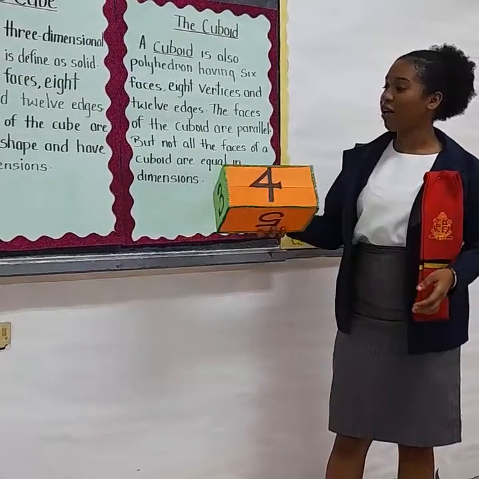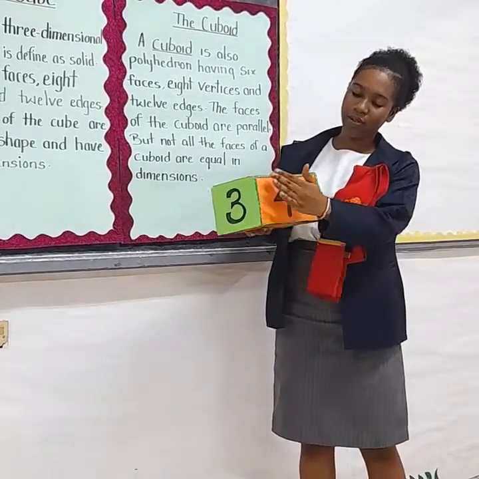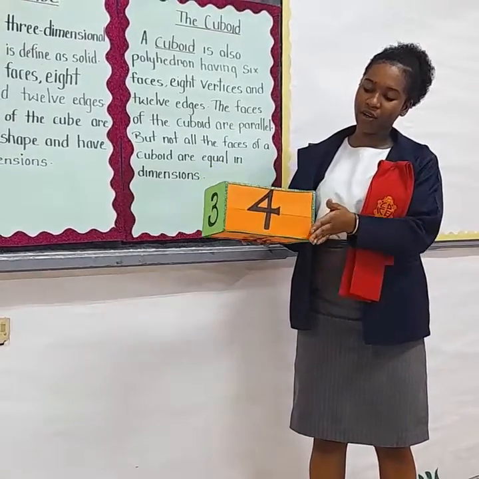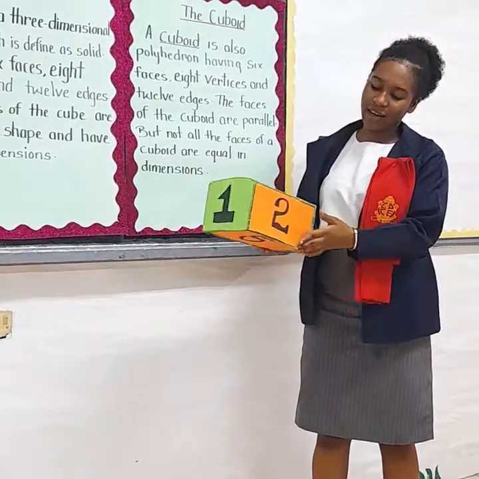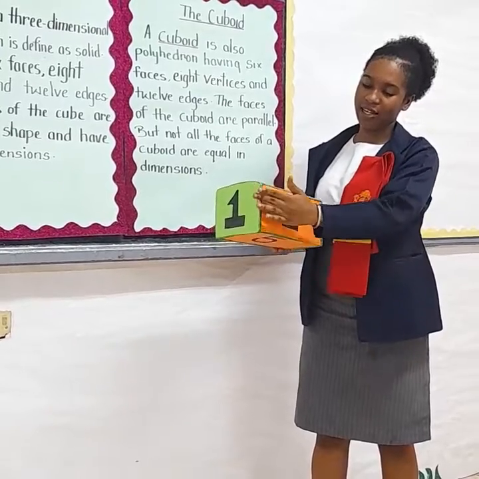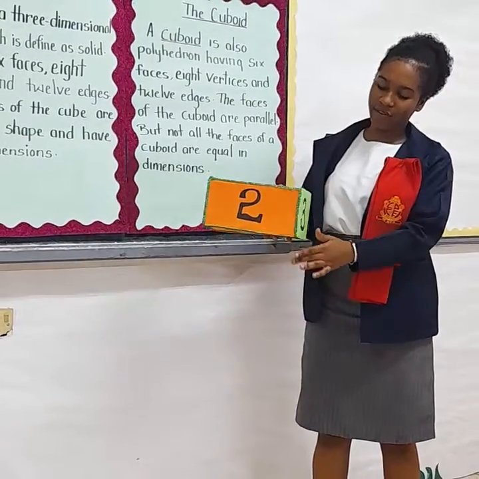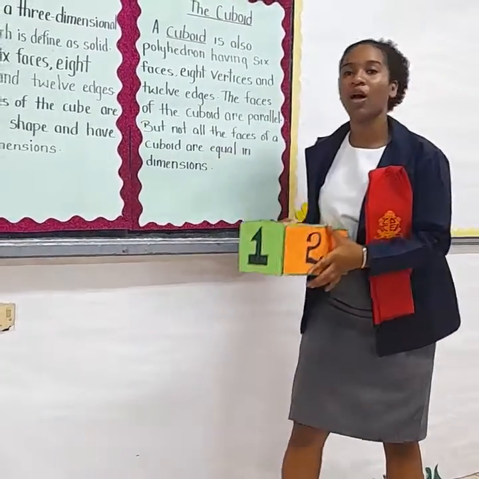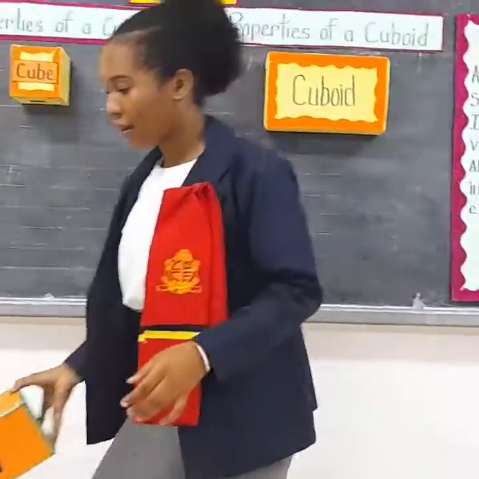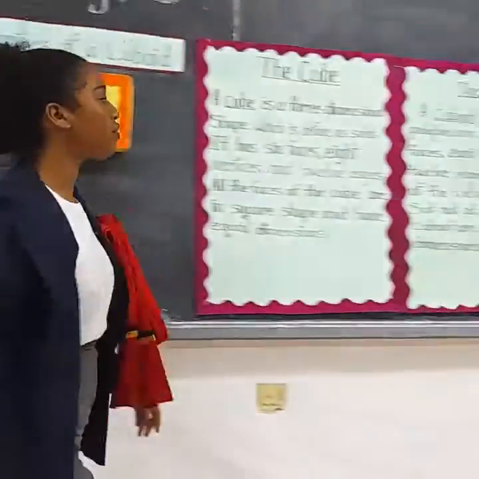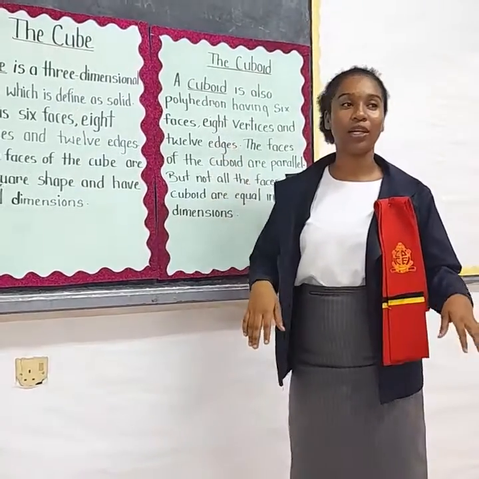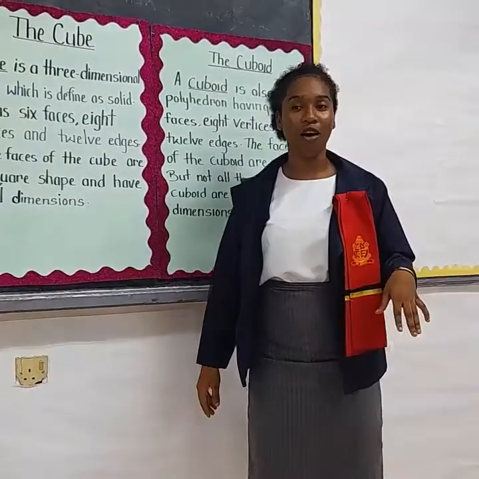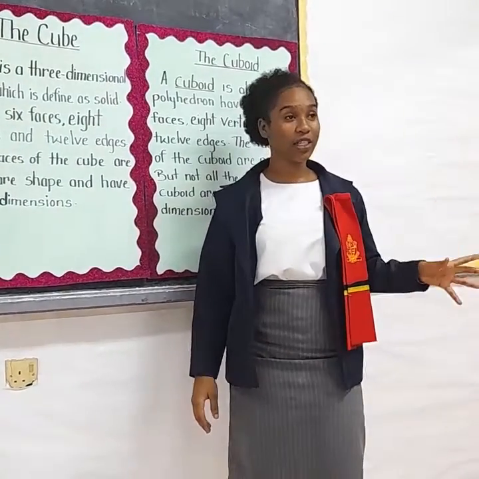We also have 12 edges, which is 1, 2, 3, 4, 5, 6, 7, 8, 9, 10, 11, 12. So we have learned about the cube and the cuboid, and I know we all can say where the faces are, where the vertices are, and